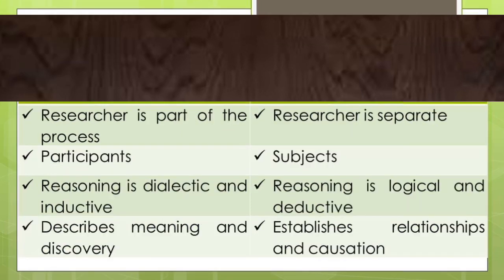Also, in qualitative research, the researcher is part of the process of the study. The people involved in the study are called participants. The reasoning in qualitative study is dialectic and inductive. The researcher describes meaning and discovery, while in quantitative research,